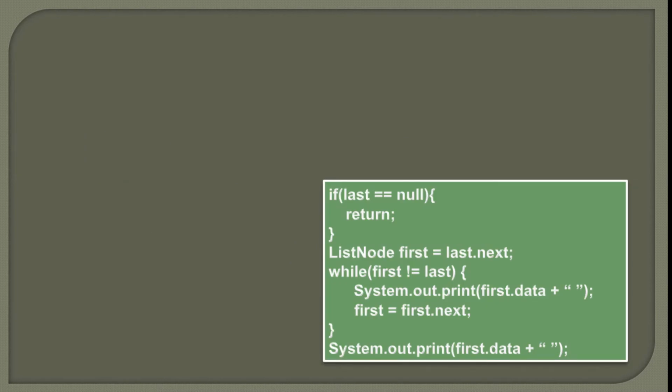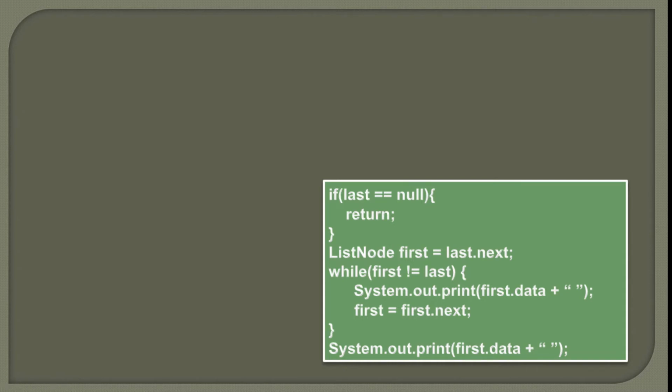So friends, in my previous tutorial we discussed how we can represent a circular singly linked list, and we also saw how we can implement the circular singly linked list in Java. So in this tutorial we will discuss how we can traverse and print the elements of a circular singly linked list in Java. Below is the algorithm to traverse the circular singly linked list and print the elements data.